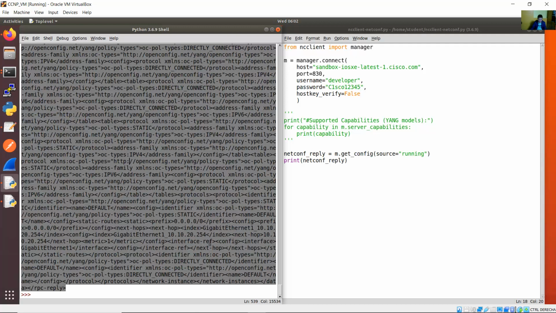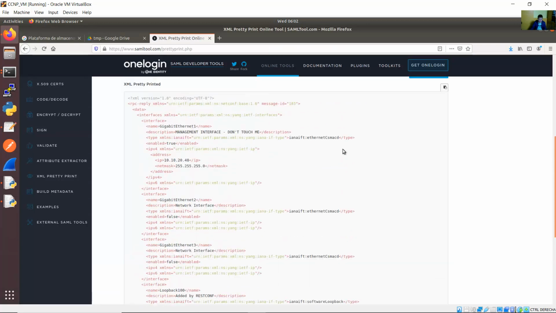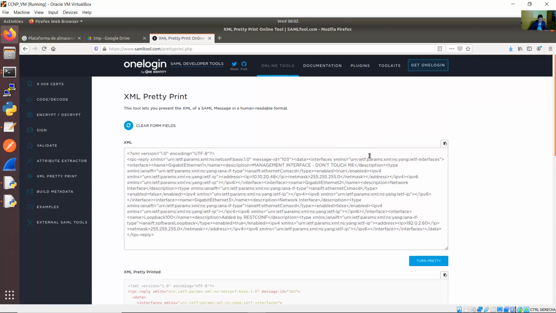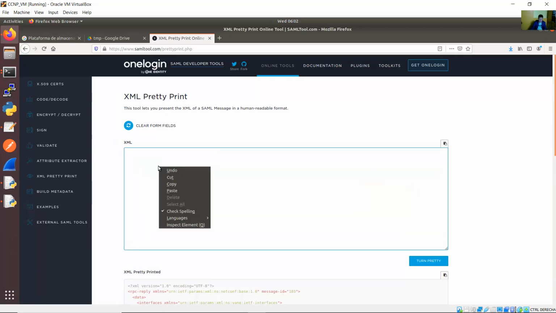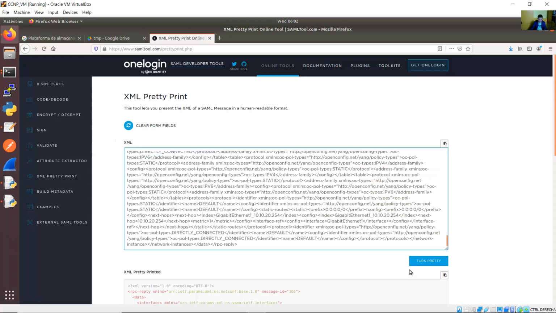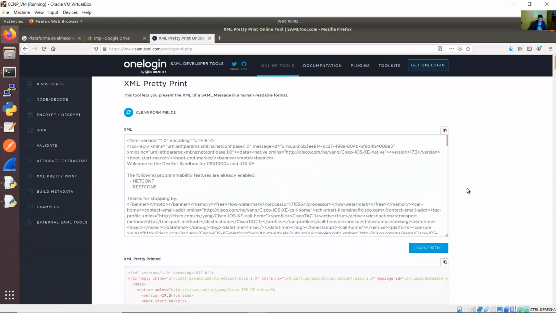Copy. Go to Firefox, up here. Okay, remove this, paste, and turn pretty. And the result